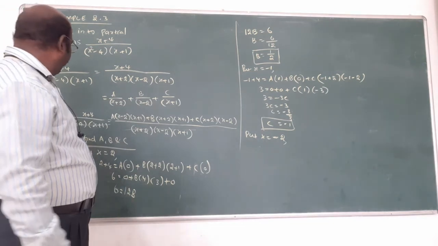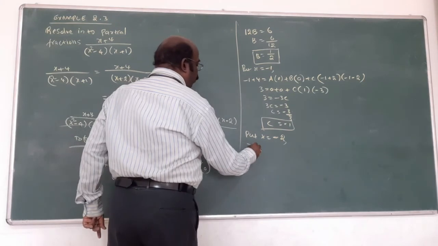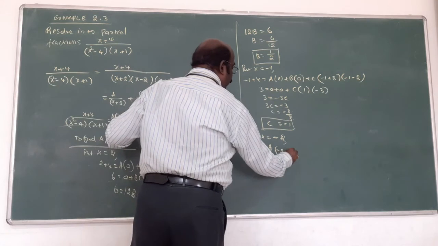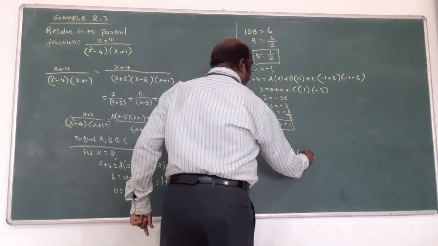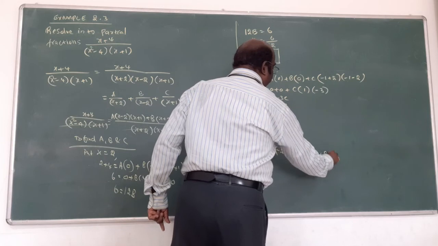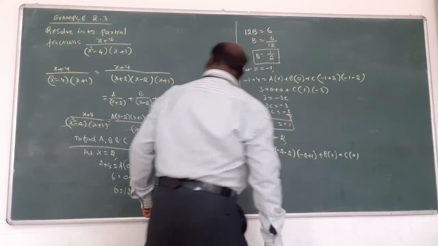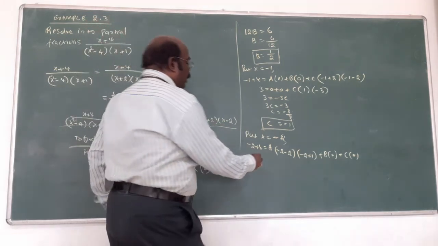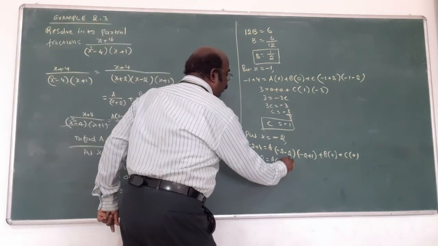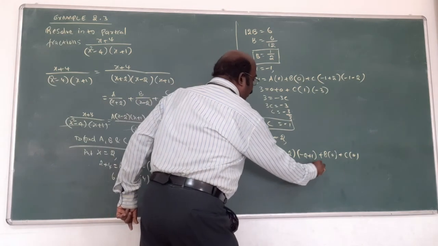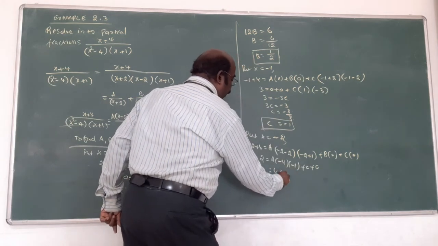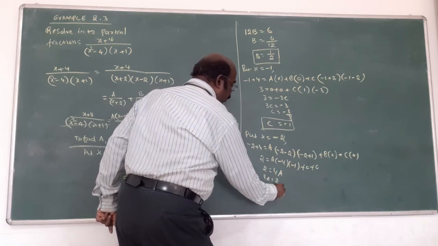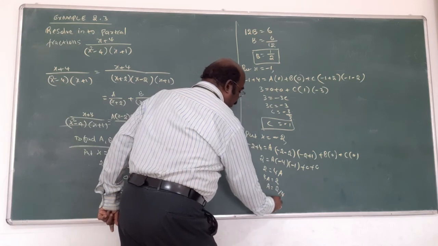The x equal to minus 2 means left hand side minus 2 plus 4 over a into minus 2 minus 2. Here minus 2 plus 1. But here b into 0, c into 0. Am I right? Because minus 2 plus 0, the whole thing will be 0. This 2, a into minus 4, here minus 1 plus 0 plus 0. What will be equal? 4a. 4a equal to 2, a equal to 2 by 4, cancel, 1 by 2.